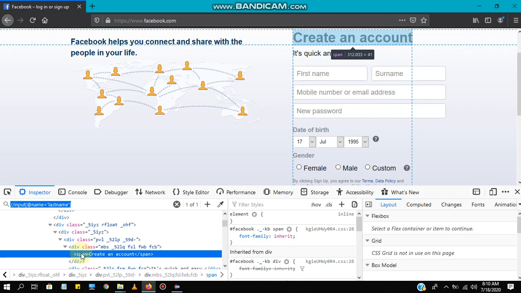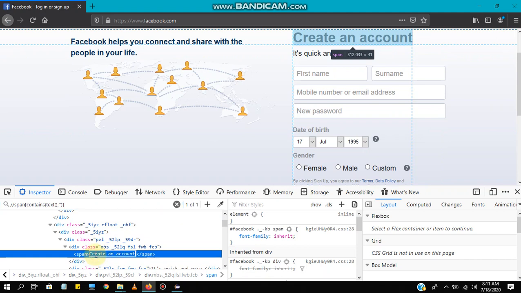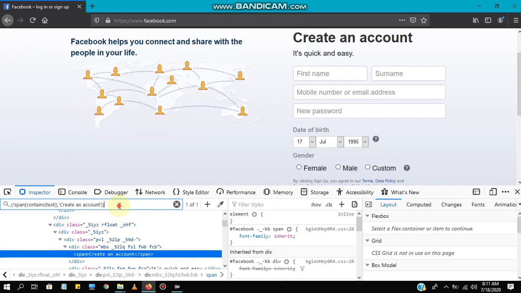The tag is span, so we need to replace input with span, and here we need to use contains, text, and you need to give this value here. Just hit enter and see whether you can see it here. Just copy this value and go to the Eclipse IDE.